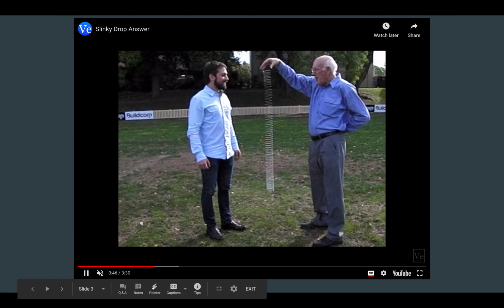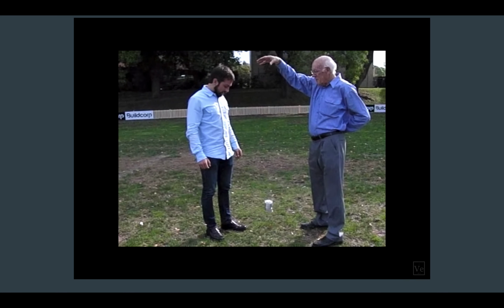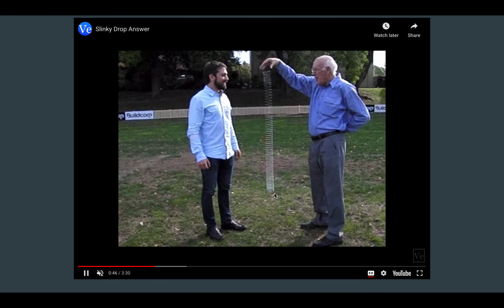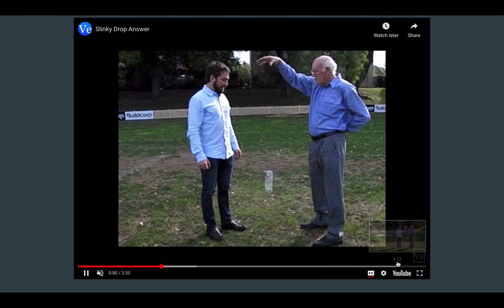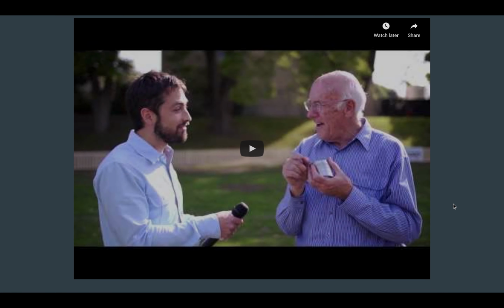So, for my experiment, I observed the motion of this slinky as it is let go from rest. As you'll see, the slinky has an odd pattern of motion. The bottom of the slinky does not move while it is in free fall. So, to get on with the experiment,